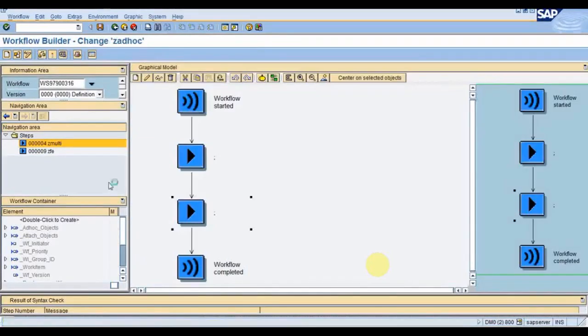The fetch agents was not working, so that's the reason agents was not populated. I think in the table the maintenance is not there. Let me first check the table, then I will give the input values.